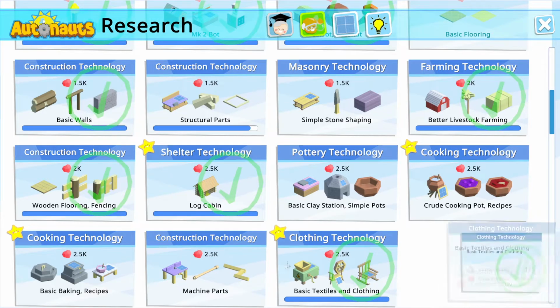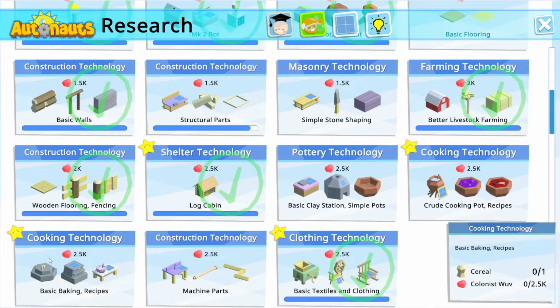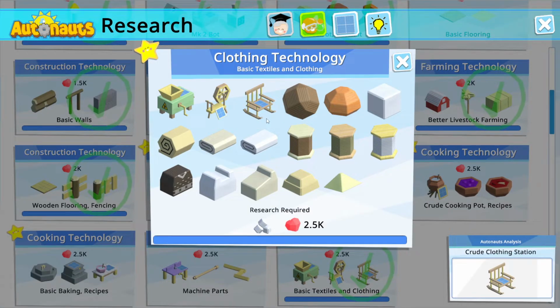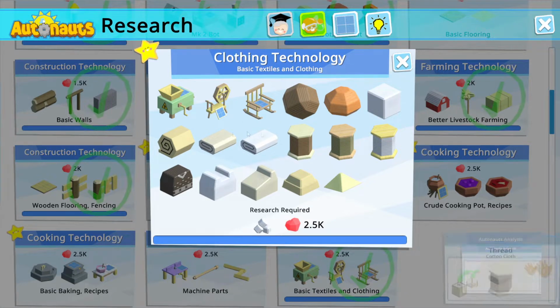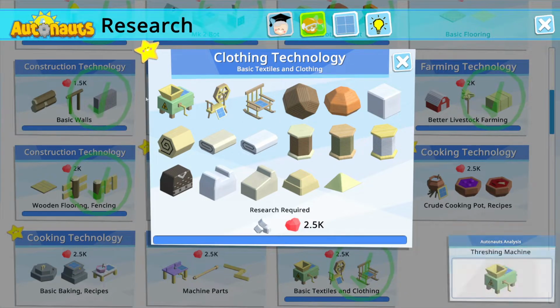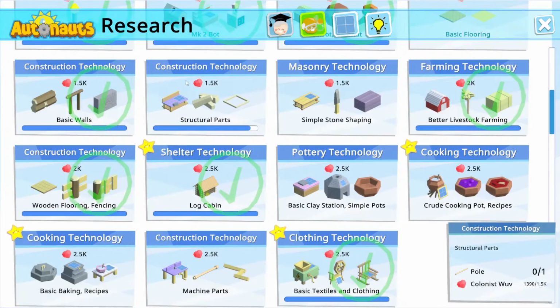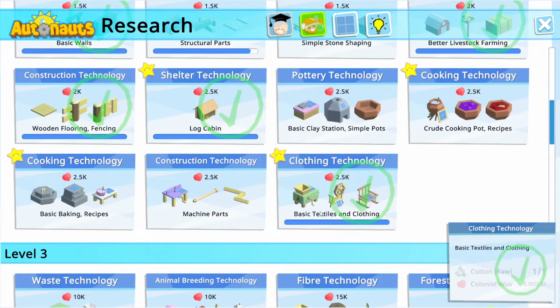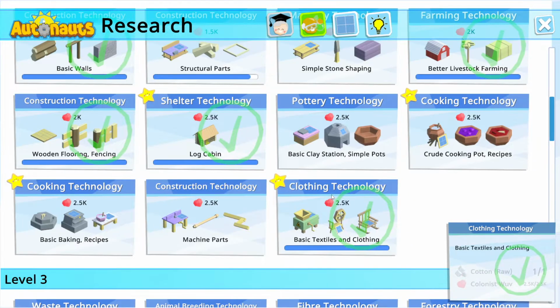Because you look at this stuff and you're like, I should be able to get any one of these and then make the things in here. But as I've found out, the more things I research, like this thing right here, threshing machine, I need structural parts to make a threshing machine, which I research log cabin for the colonists, and